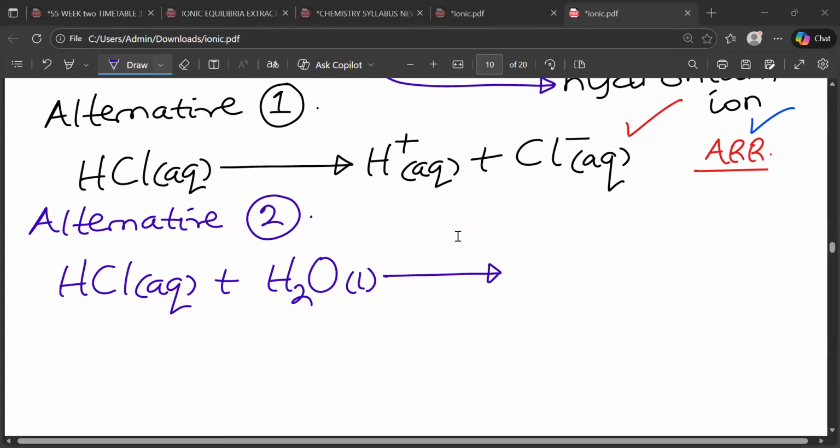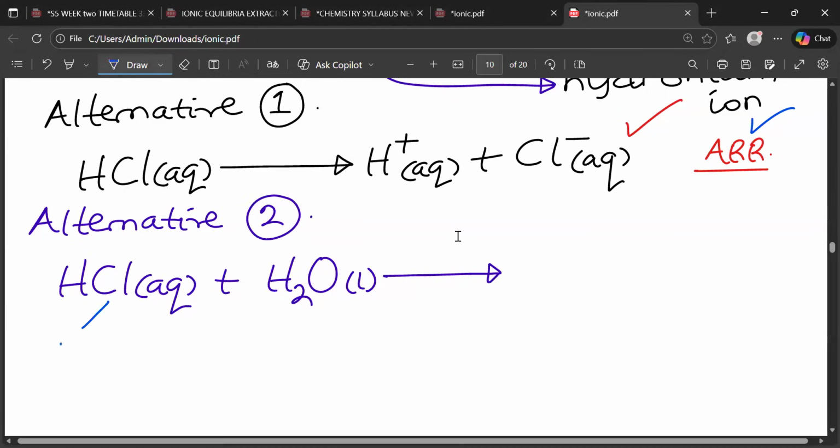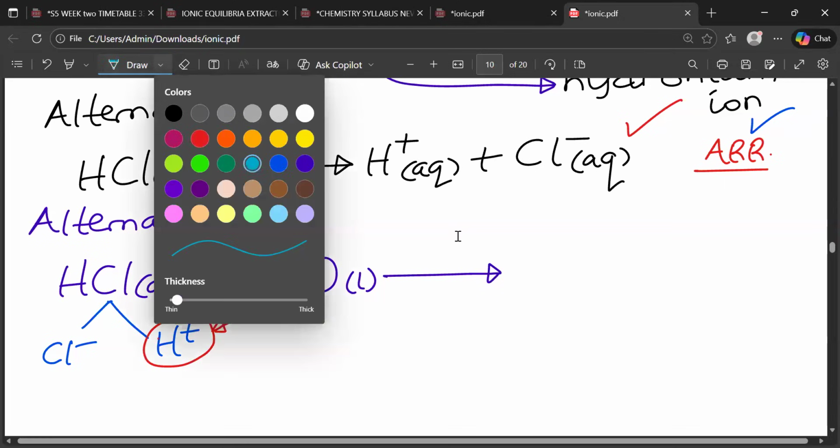Never forget the full arrow. Now here what we said is that this HCl literally can produce the H+ and the Cl-. Isn't it what we said? And then what did we add on? This water that is actually part of the solution can do something. We said that this H+ can be attacked by this water, and when it attacks that water, we come up with something like this,